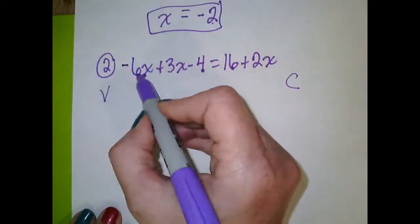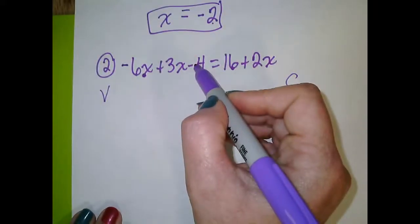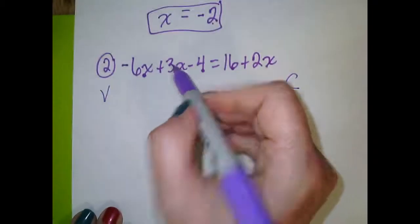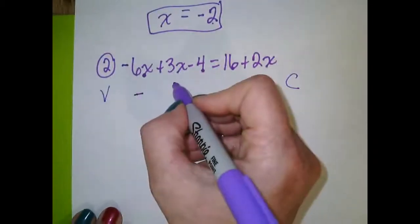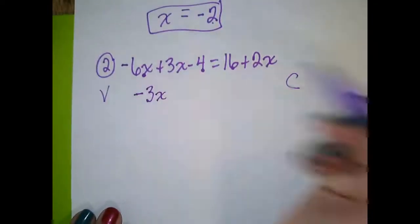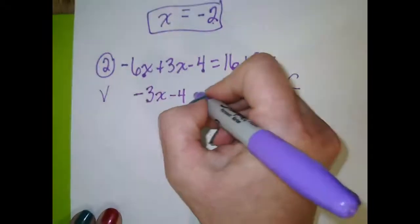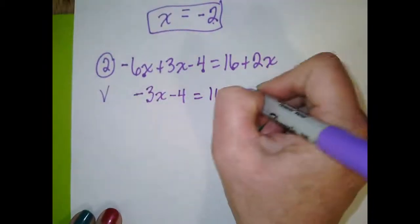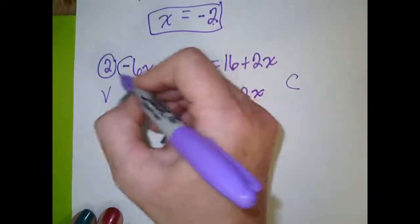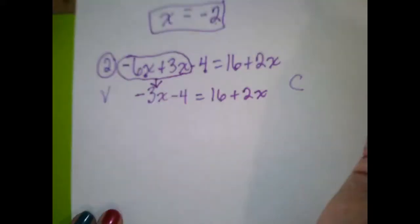If I owe 6 x's, but I have 3 x's, how many x's do I really have? Or do I have any x's? I owe more x's than I have, so I'm actually still owing x's, but I actually only owe 3. And I have the -4. On the other side, I didn't do anything with it, so I'm just bringing it down. Because I combined those two right there to be the 3x,